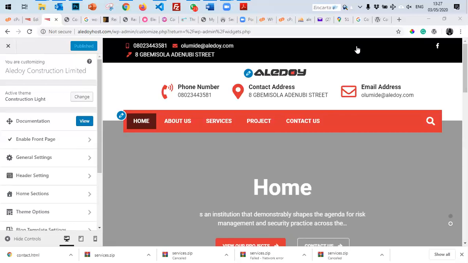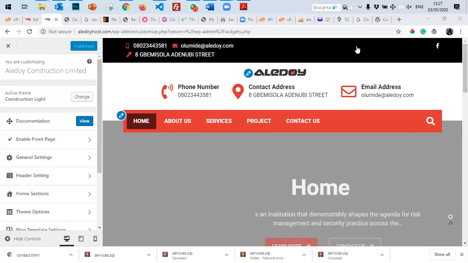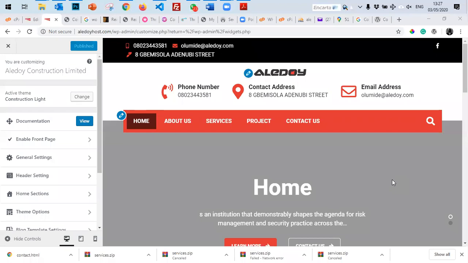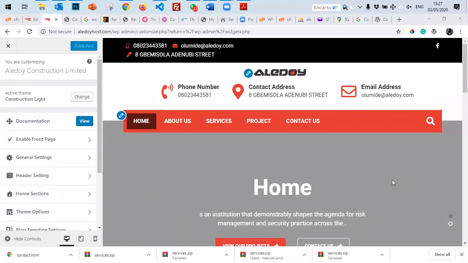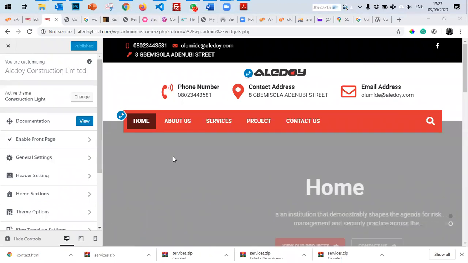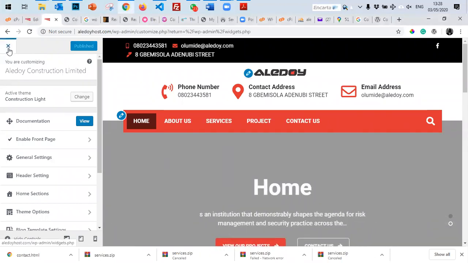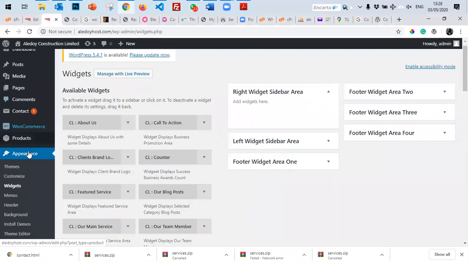Please, I want to ask you this question. Let's say, for instance, you are using a template and you decide not to use that template anymore. Is there a way you can easily change your template? We changed the template in class earlier. We were using a template before and wanted to change it. You don't need to worry; your menu and your pages will be intact. All you need to do is go back